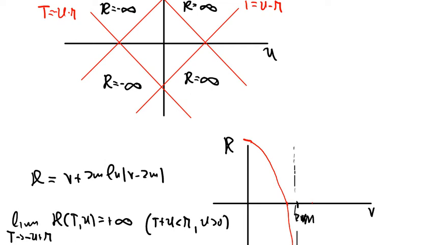I should have drawn this axis larger, so we have an intersection of this curve at a certain point, which we can compute from here. So it's just set small r equal to 0, and we get that r naught is just this value. Okay,